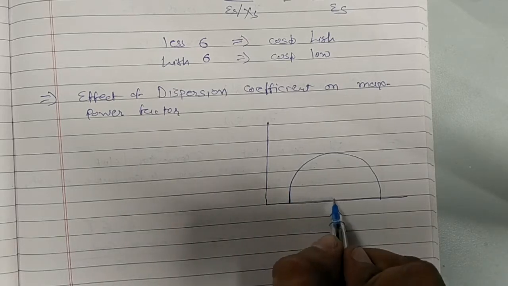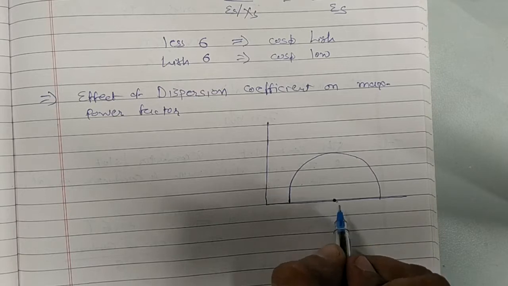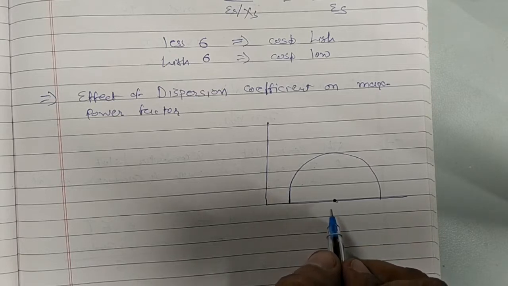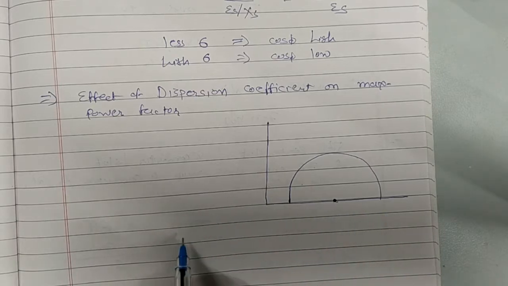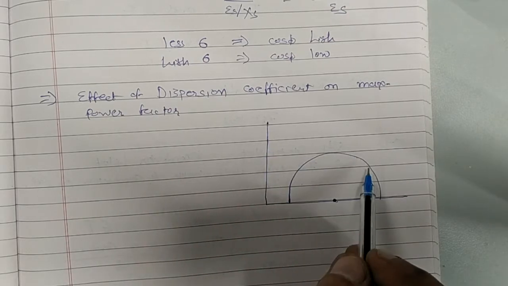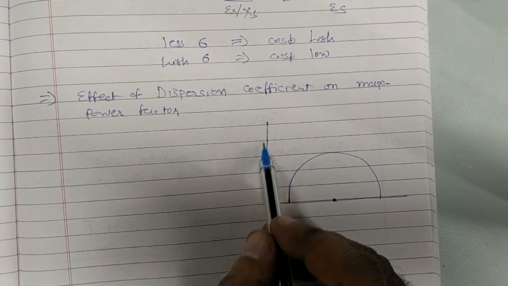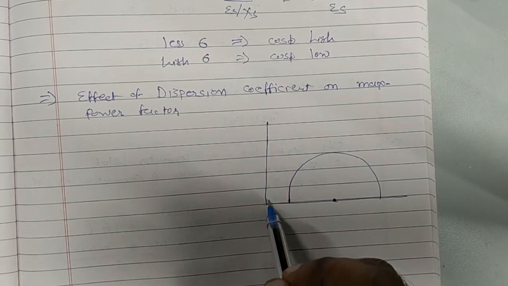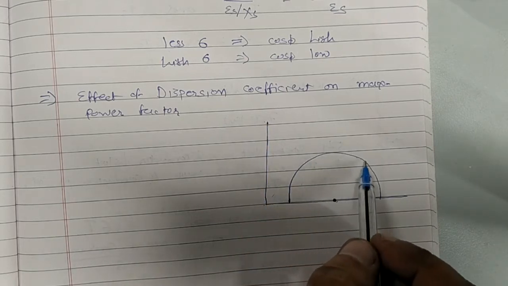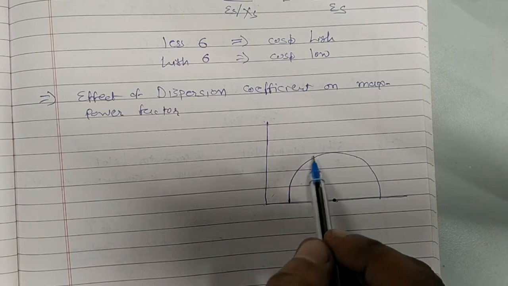And we can indicate the center of the circle is over here. So this is the voltage axis, this is our circle. And how can we get the power factor? So this is the voltage phasor. The current phasor will start from the origin, at any locus of this.